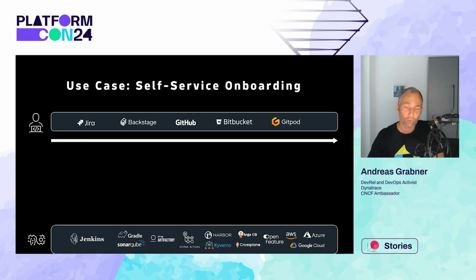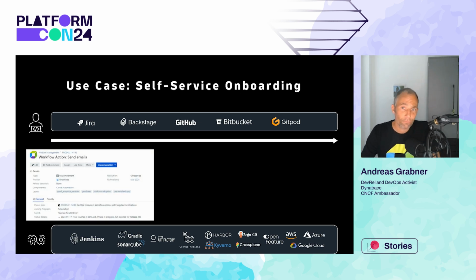What you see on the top here is the regular, I would say, developer journey and all the tools that are part of a development platform, an IDP. And on the bottom, these are some of the tools that might be used by the platform engineering team to make all this work. Now, this is a common journey that we've also seen internally in our organization, where the starting point for an engineer is a Jira ticket where the product team is putting in requirements.